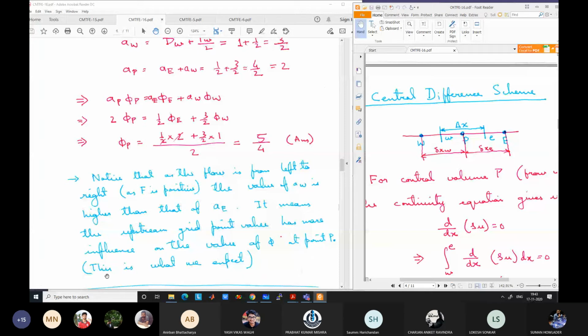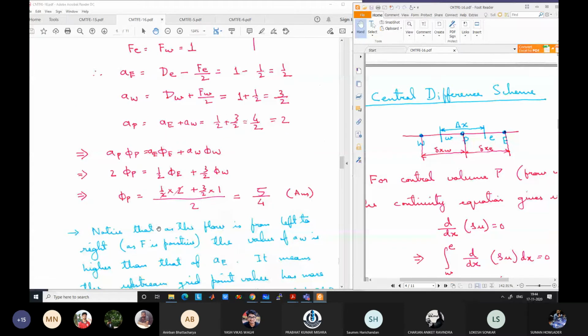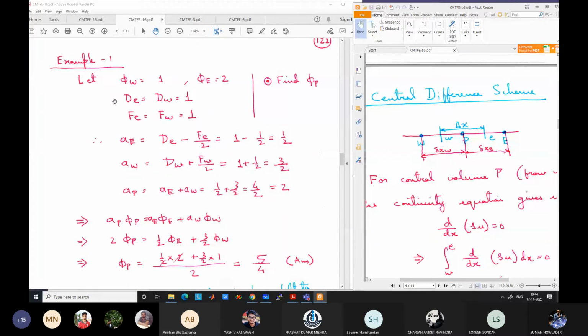Okay. So what is the problem? Why are we going for other schemes? We already know that this is working here. Okay. So the problem comes when some of the values change. Okay. Here I have deliberately cooked up a problem which satisfies a certain condition so that the central difference scheme works. If that condition is not satisfied, the central difference scheme will not give realistic results.